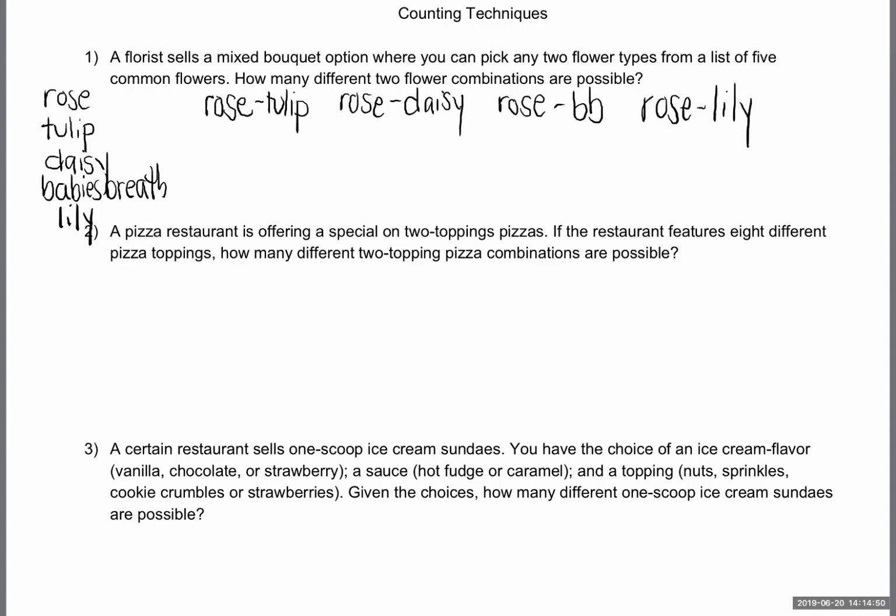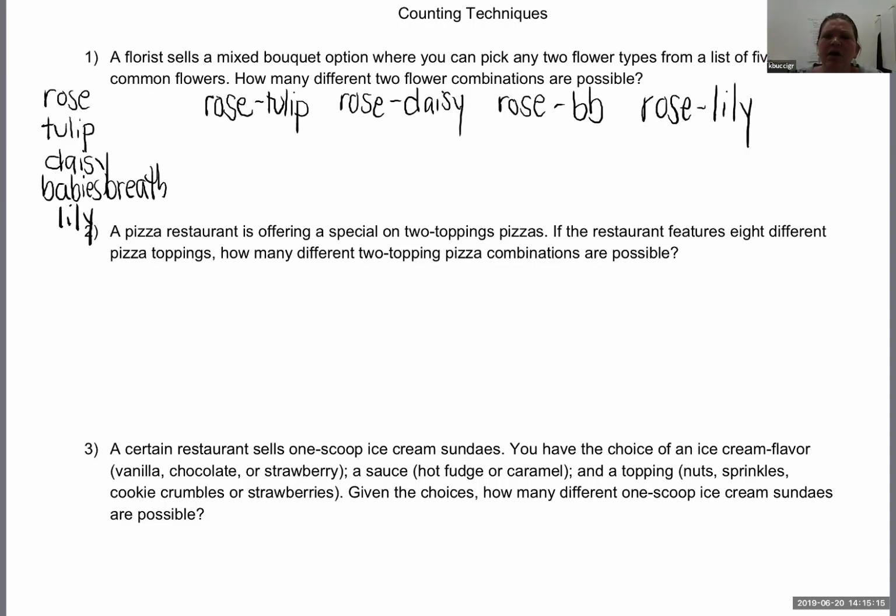Now, as I go to do the next line, I need to think about this. Is having rose paired with tulip any different than having tulip paired with rose? Does order matter, or will I end up with the same bouquet? So is it the same bouquet if I do rose tulip and tulip rose, or is it a different bouquet? It's the same. It's the same bouquet. Rose and tulip is the same as